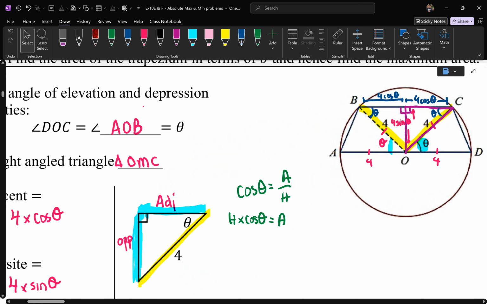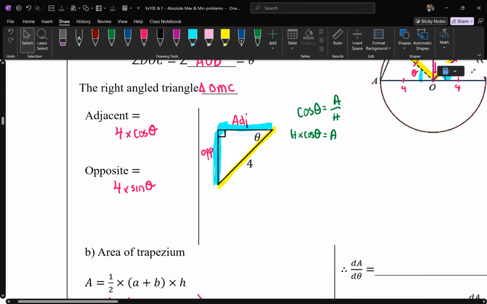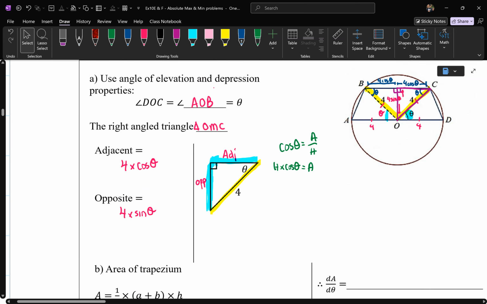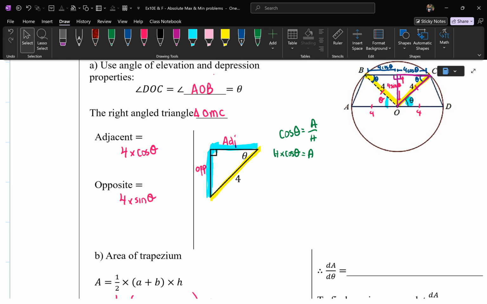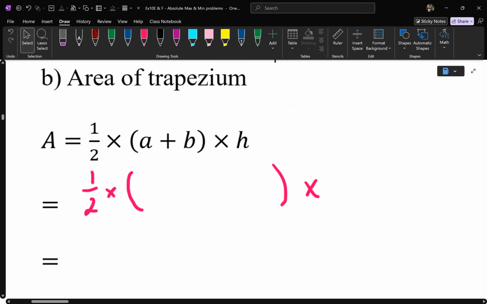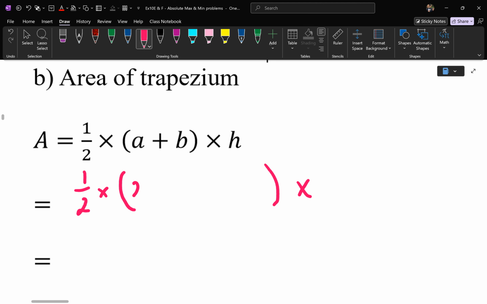Alright. Shh. So now that you got the first component, then when we're answering area of a trapezium, it's half times A plus B. A and B are your two parallel lines. So on the bottom, it's 4 plus 4, so it's 8. On the top, it is double of 4 cos theta. Height, which we know is 4 sine theta, so that's what I did. I just said this is now 4 double 4 cos theta plus the bottom length, which is 8,